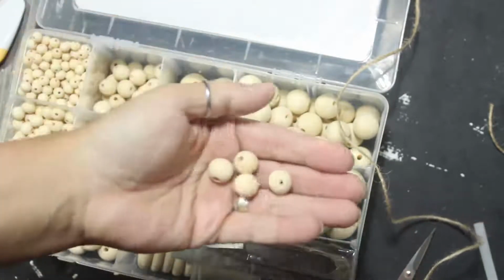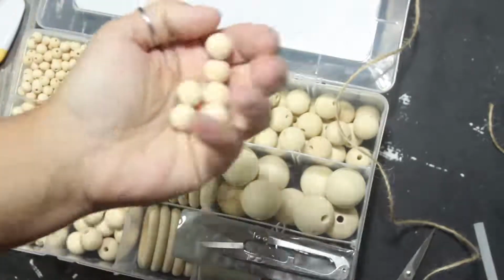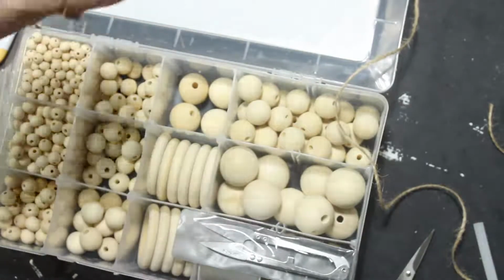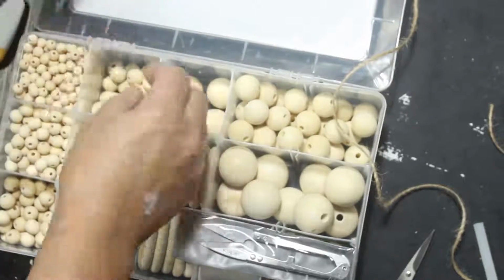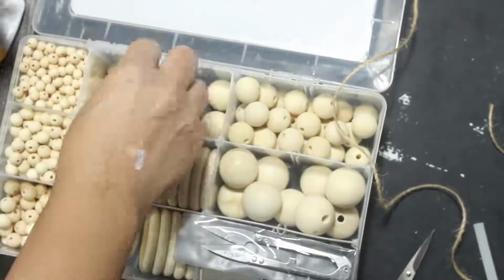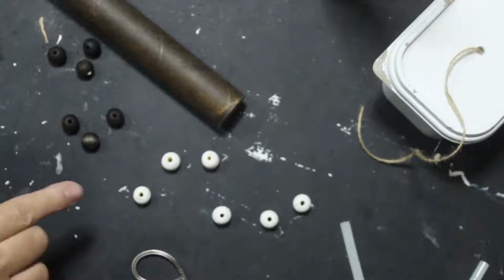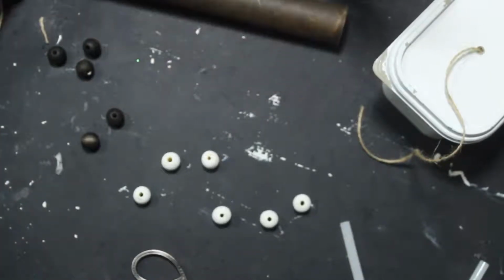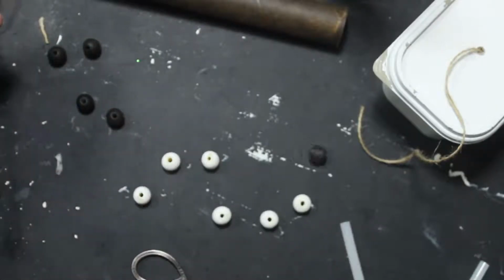So what I'm going to do is I'm going to stain these the same as that. I'm going to do 6 rows. And I think I'll do the same thing with the other and do 6 beads and paint those with the Waverly chalk paint. So there's the solution. Alright, I have my beads stained and painted, and all I'm going to have to do now is go ahead and do all the strands and figure how long I want them and tie the beads around the bottom to weight them down before I glue down my...